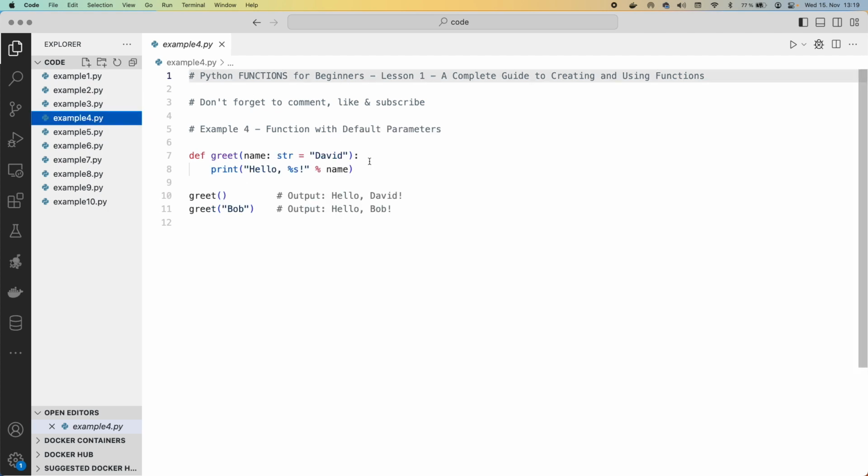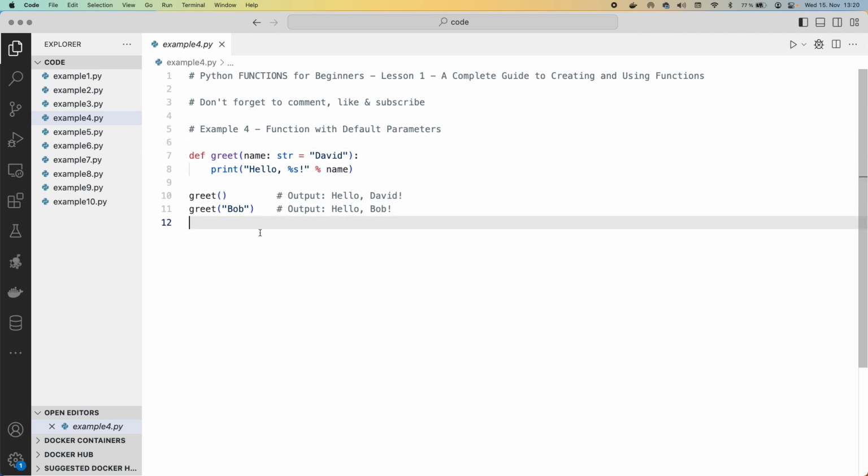Anyway, example 4, function with default parameters. So let's just go to the examples first because they speak more words than I do. The greet function here, without using any parameter, is going to by default use David, and you see here "Hello, David". We've got the placeholder for the name variable, and it's going to say David. And so if the parameter is not given, it's going to default to whatever we've put after the equal sign,